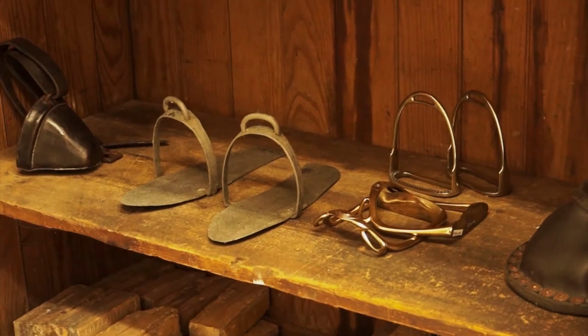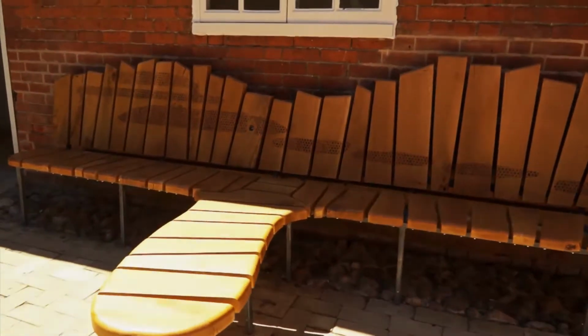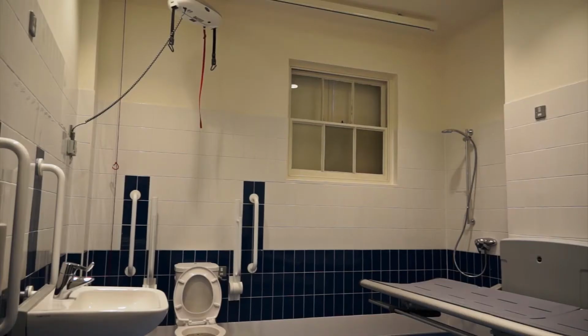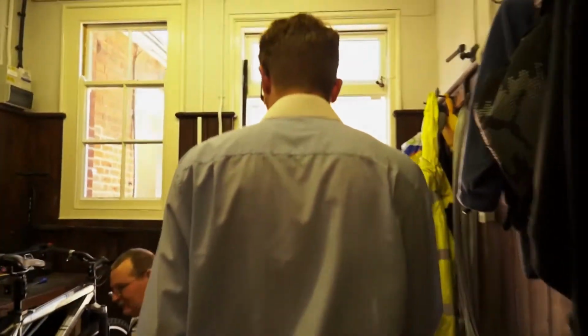We'll go back out into the courtyard, a newly bespoke made bench from an oak that was out of the park. And new toilet suites in the corridor there. And this area is for the Green Bike project. They recycle up bikes and the guys redo them. If we go back into the courtyard,